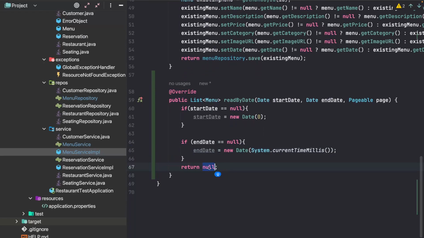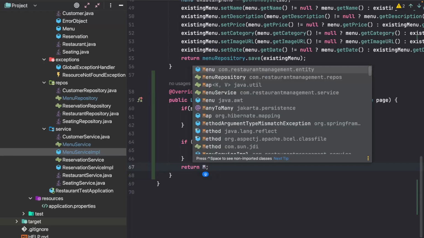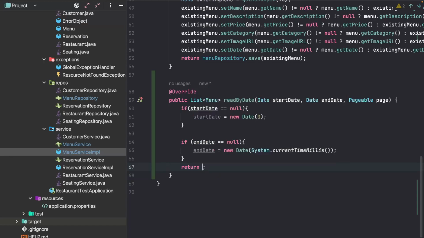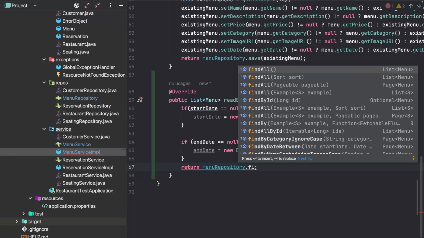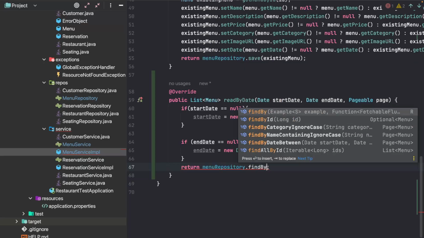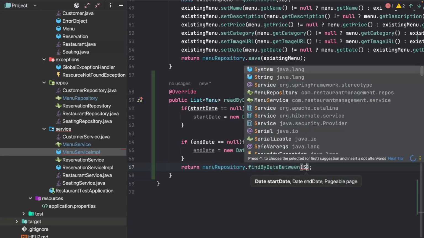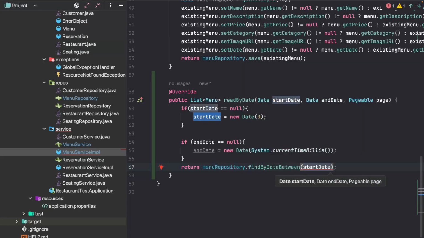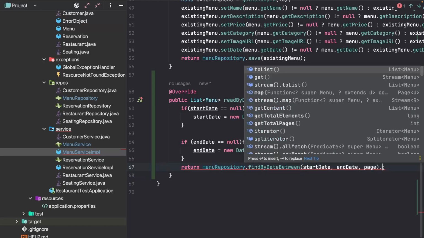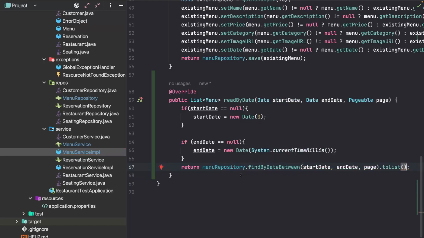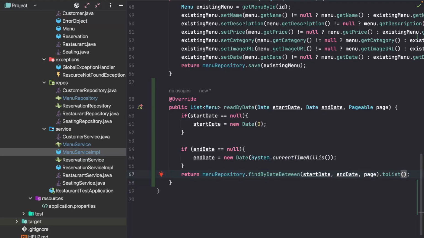So here, what I'm gonna say, I'm gonna use the menu repository, and I am going to find by date between, and here I'm gonna put start date, and end date, and page, and because I'm asked for a list, I'm gonna put it to list, and it should be good. Okay, so now from here